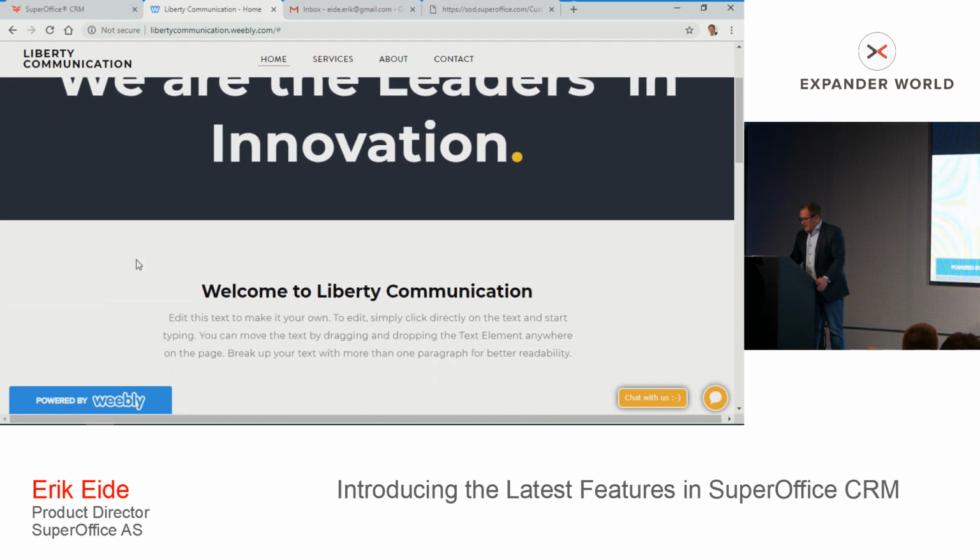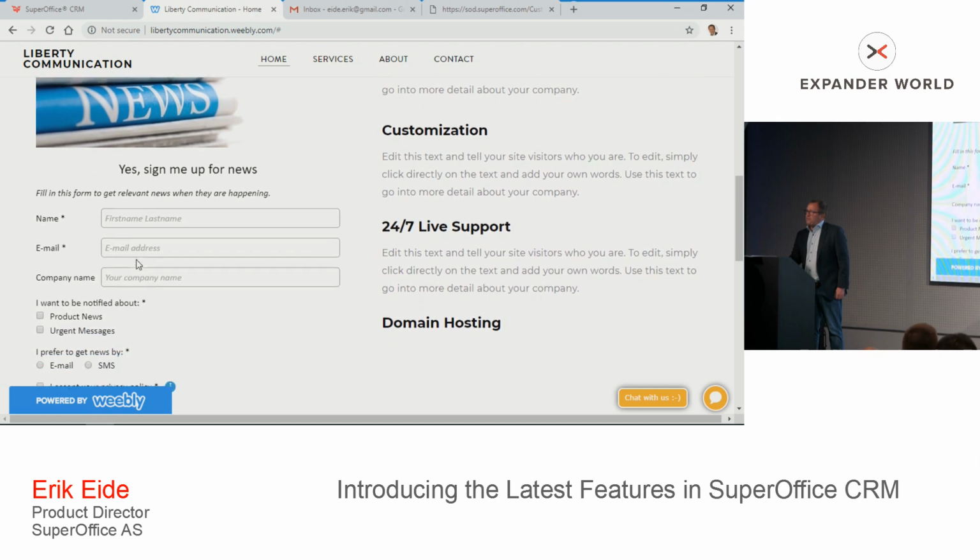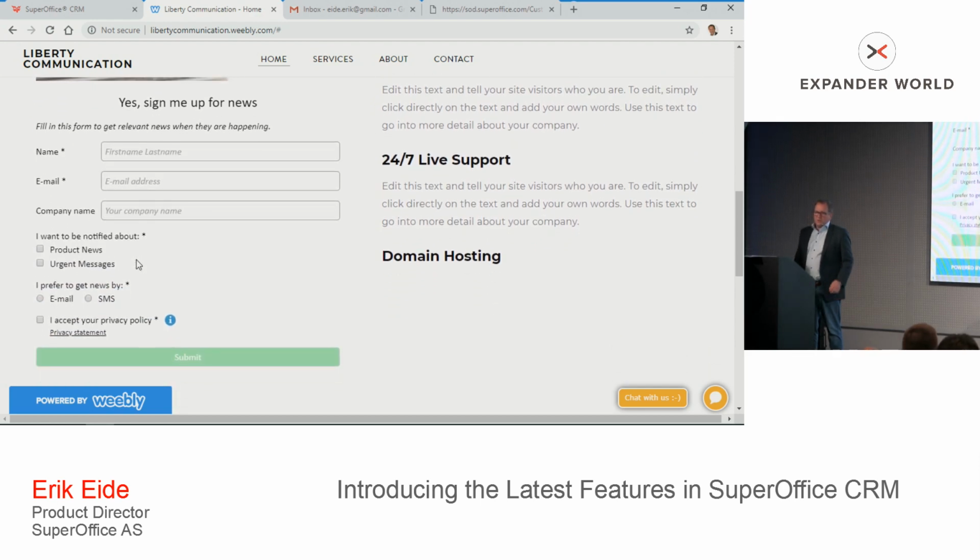On this website, I have integrated a script tag that loads a form from SuperOffice, and it says sign me up for news. That's a typical use case that you're used to, right? And you say here that this is